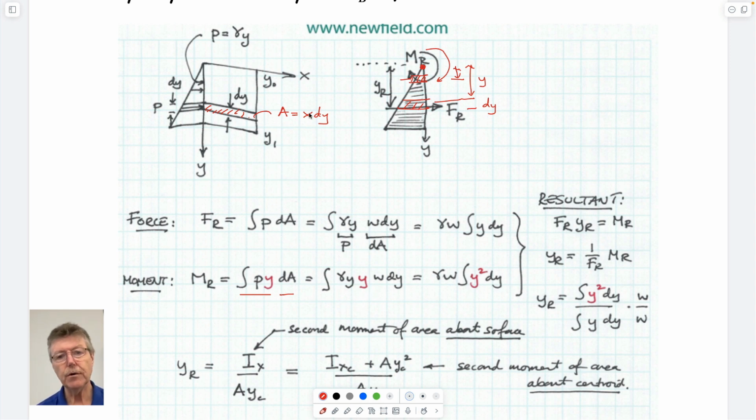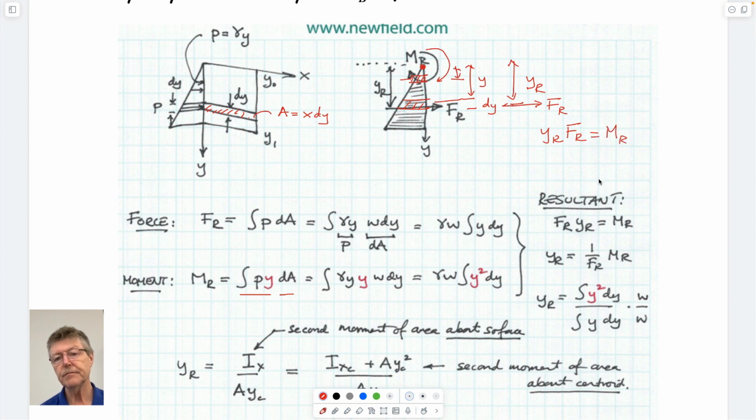No, not x dy, y dy. No, x times dy. And if we do that, we end up with a differential multiplied by this, which is also equal to this force multiplied by whatever that lever arm is. So we're going to call this y sub r times f sub r, right? So incrementally, or finitely, I guess, y sub r multiplied by f sub r has to equal the moment by